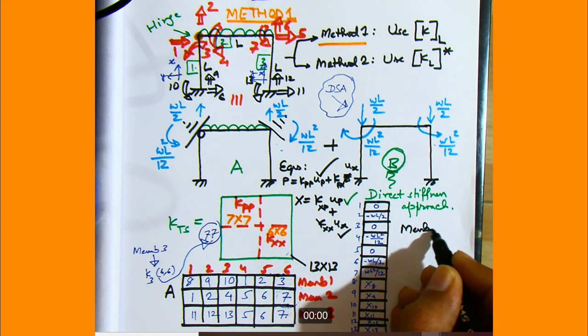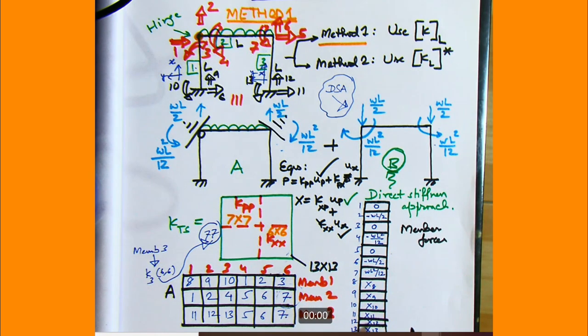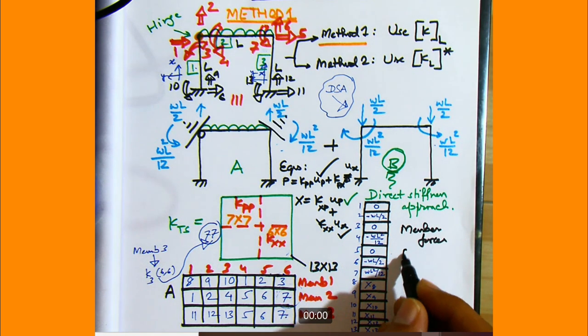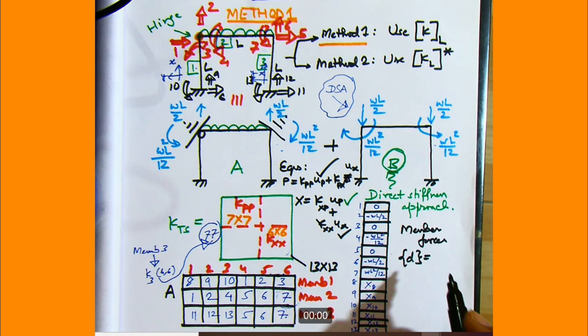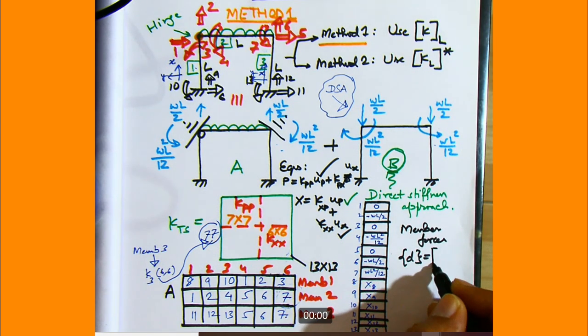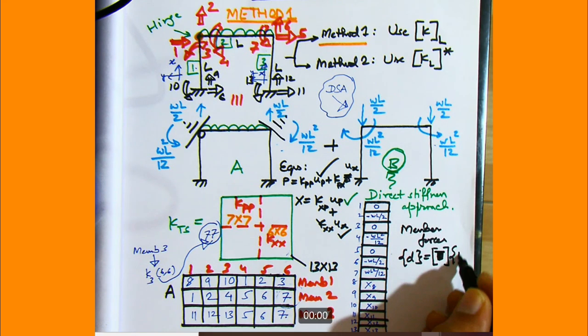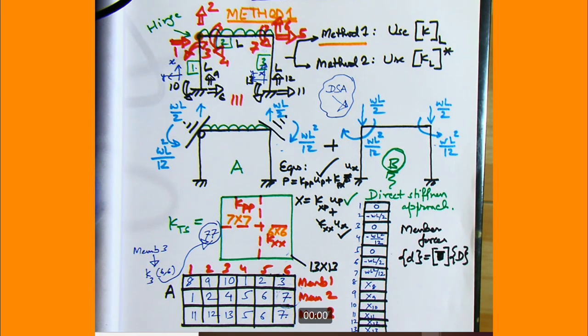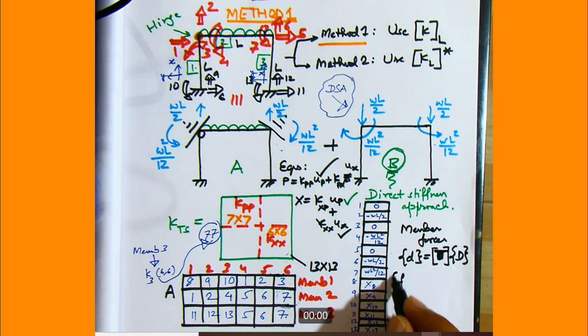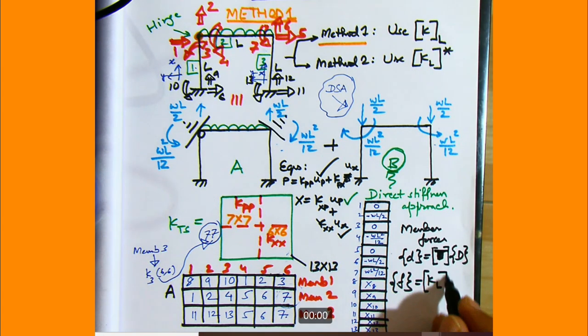Because we now have all the displacements, we first convert all the displacements into the local coordinate system by the transformation process. And once we have the displacements in the local coordinate system, we find the member end forces. Alright, so these are the member end forces in the local coordinates, but this result is for structure number B